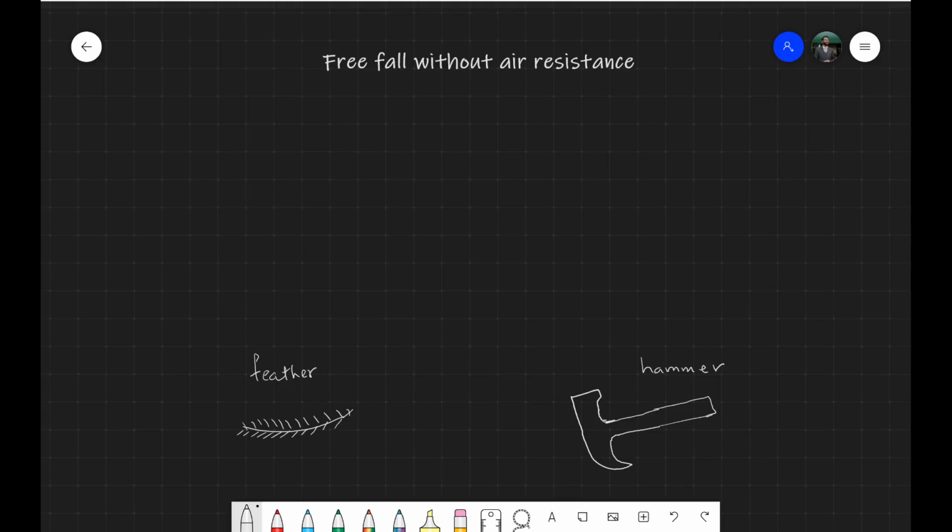So right now the case that we are looking at is free fall, but it's without air resistance. There is no air resistance acting on it. And right out of the way, we need to understand what are those situations where air resistance will not act. Mostly, you can think of those situations where there is a vacuum, then you may have no air resistance, or you may drop something